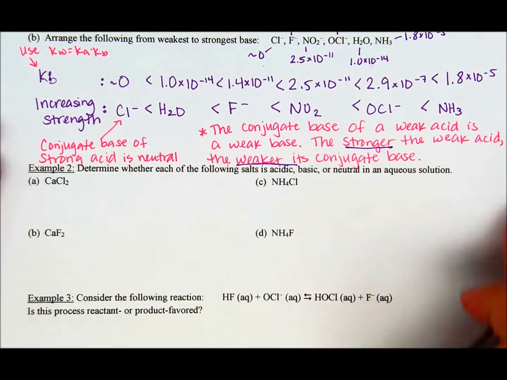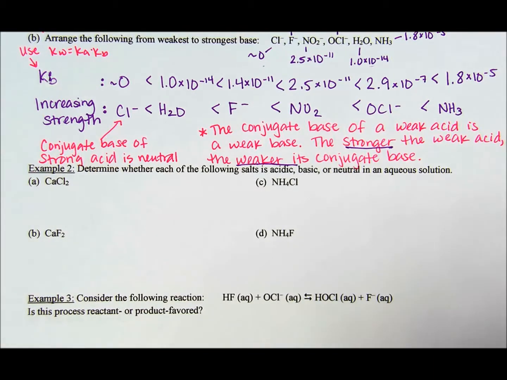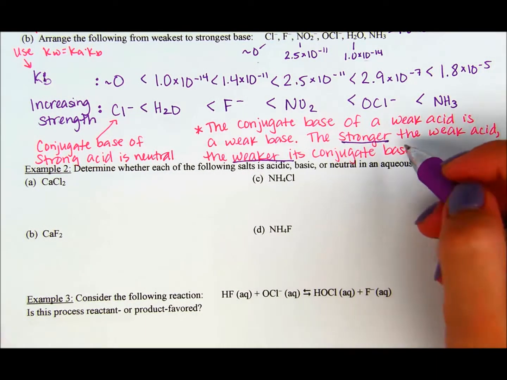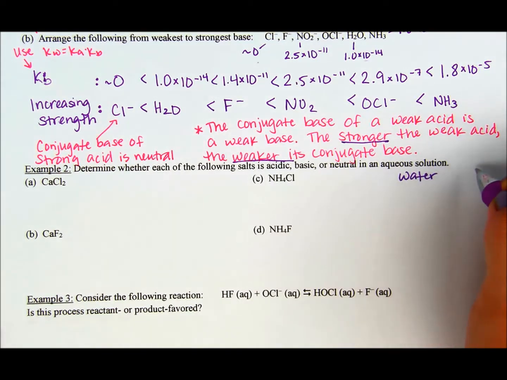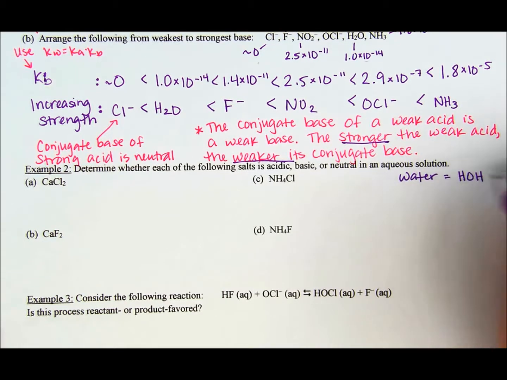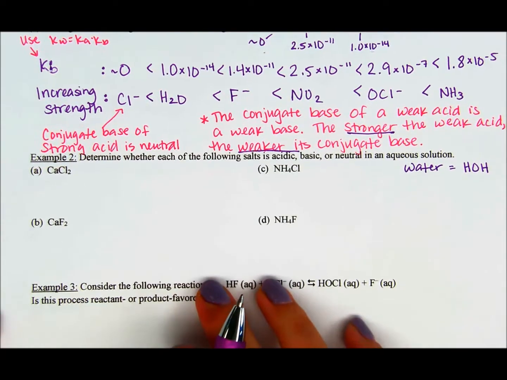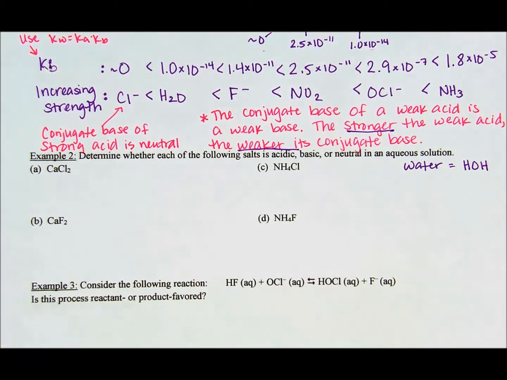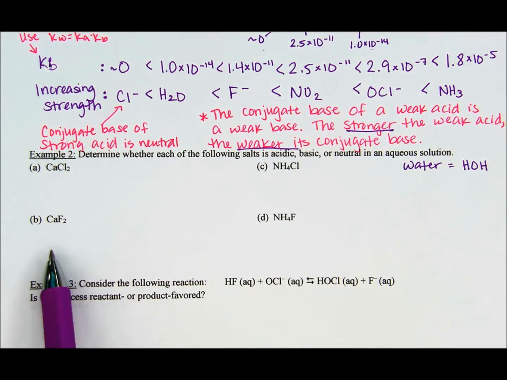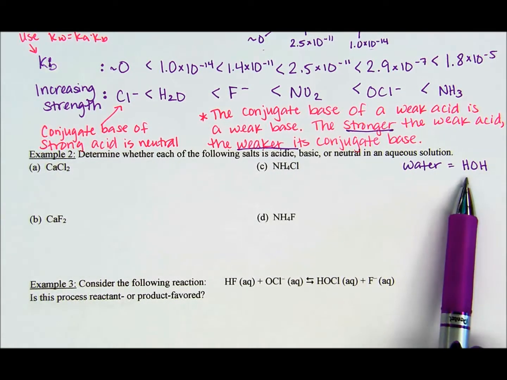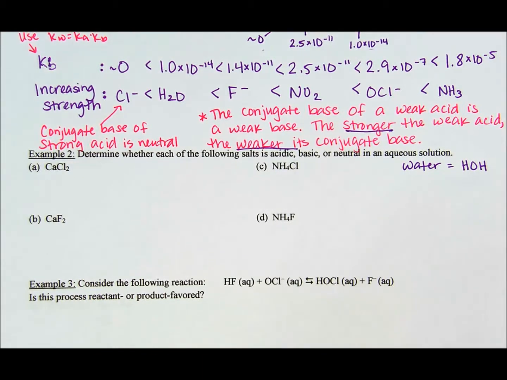Okay, example 2. Determine whether each of the following salts is acidic, basic, or neutral in aqueous solution. So aqueous means in H2O, so water. Now we can write water as H2O, or we can write water as HOH. So I'm going to show you an interesting little trick to figure out whether the resulting solutions when you mix these with water are acidic or basic. So it requires that you know that this is H2O, so HOH, and we're going to write it right below